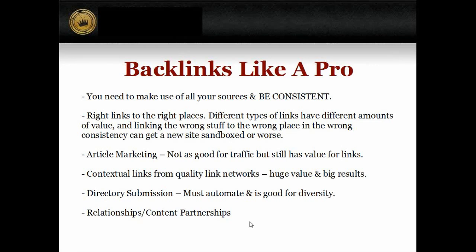There's one of our students, someone who's following this system at the moment, who I've been emailing back and forth with because she's found a lot of success with these content partnerships. She found one really good site in her niche that had some PR. It was a reasonably old authoritative site, but just had a little bit of PR. I think it was PR 1 or 2, but she got some content published. She developed this relationship with them in a short period of time, maybe a couple of weeks, I think, and she got some content published,